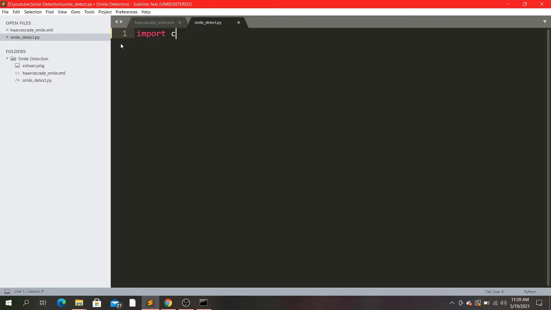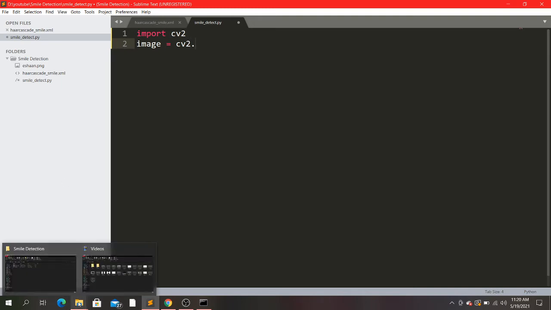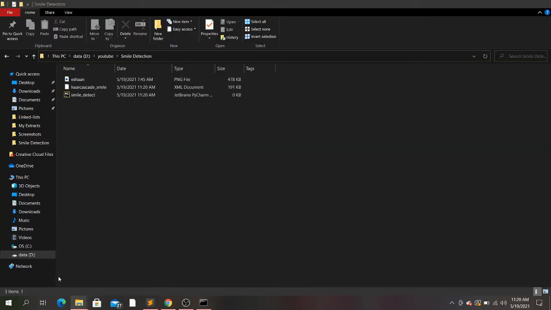We need cv2, which is present in our OpenCV package, and then we need the image on which we are detecting smile. I am detecting the smile in this image.